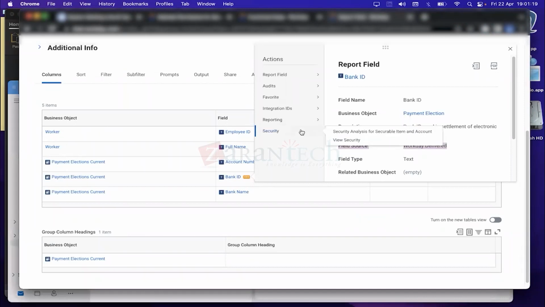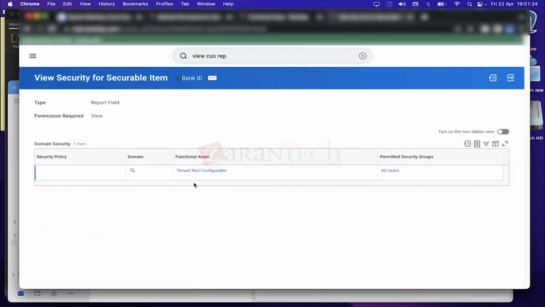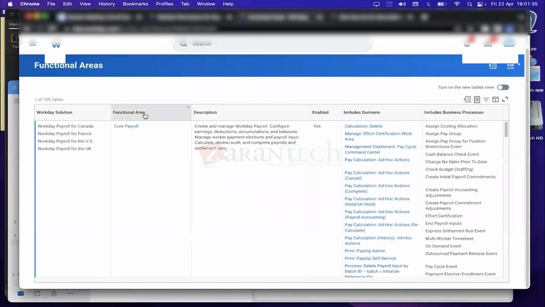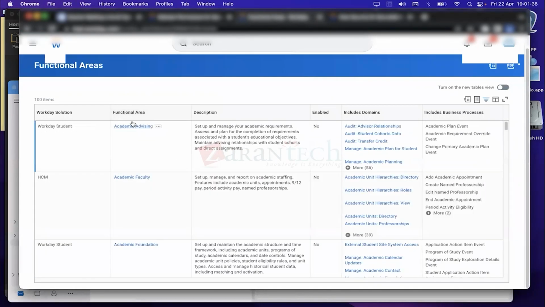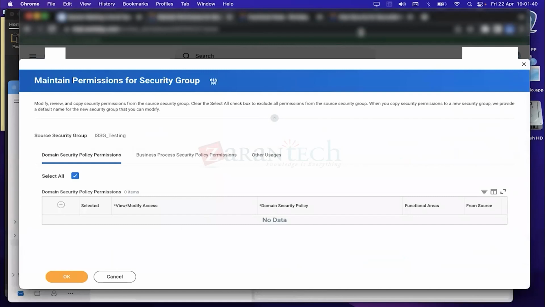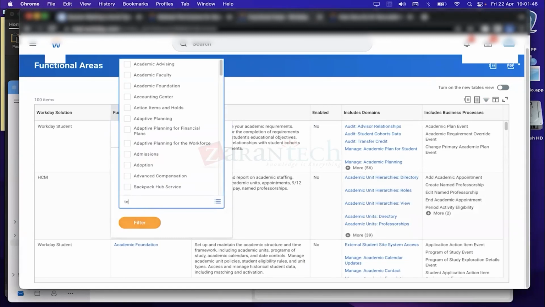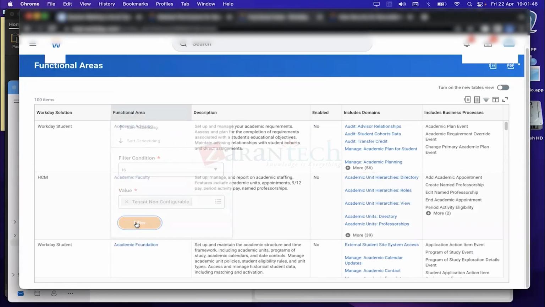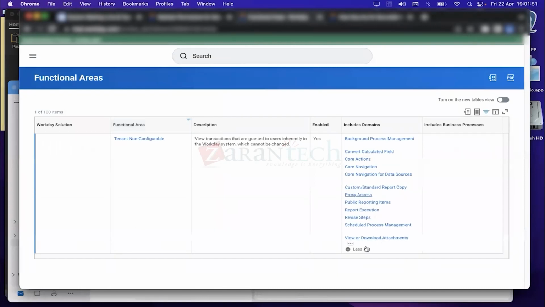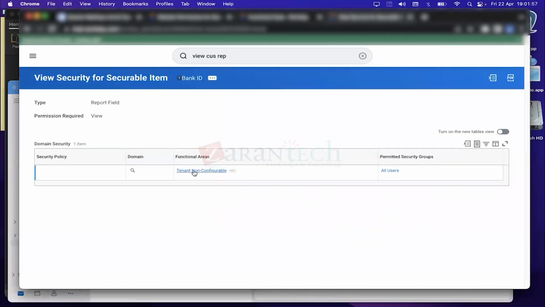So how can you actually see this? You go to security and click on view security, and now you get to know the functional area. So this is the association right now. If I scan it over here, the report's functional area says tenant non-configurable. And if I click over here, now if you see, when we talk about this,